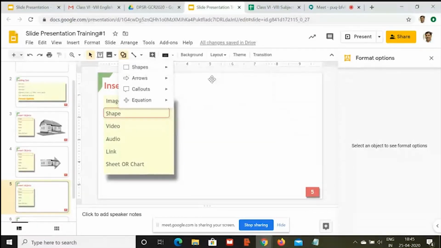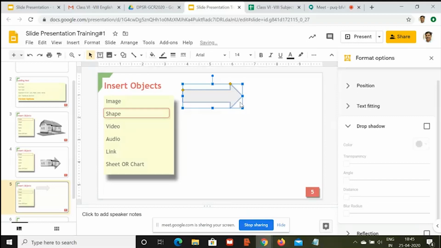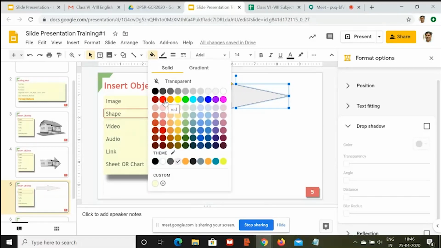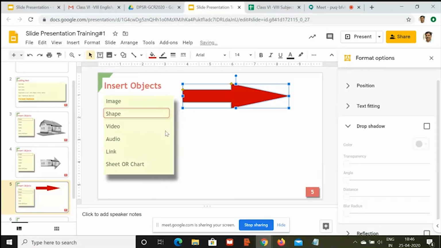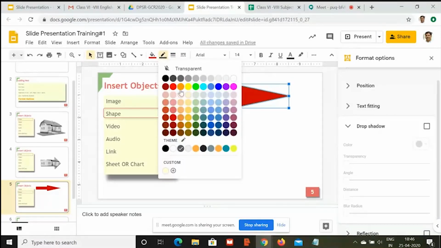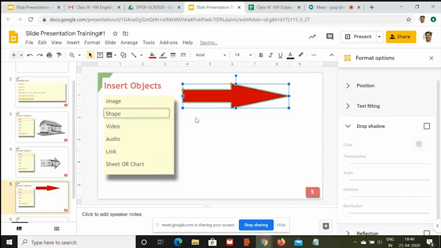So let us assume we are picking one of the shapes here, and let's say this is an arrow. Now, as it is a vector image, I can change the size, change the arrow size, change the width of this at any point of time, right? Change the color. Change the boundary line of this. Let's say it is size 3 and I want the boundary line to be differently colored. Let's assume it is green. So it is going to look like this.